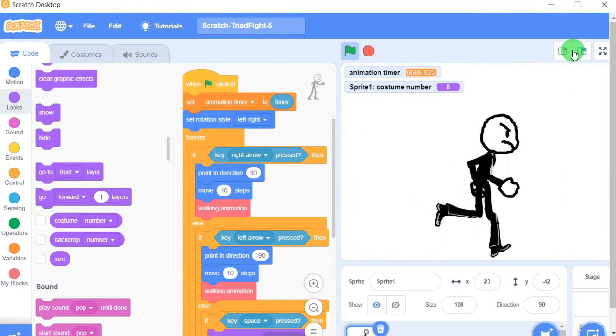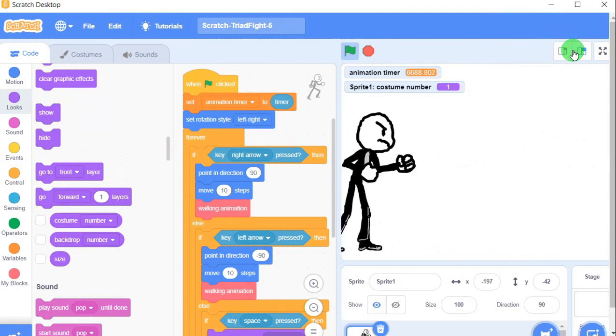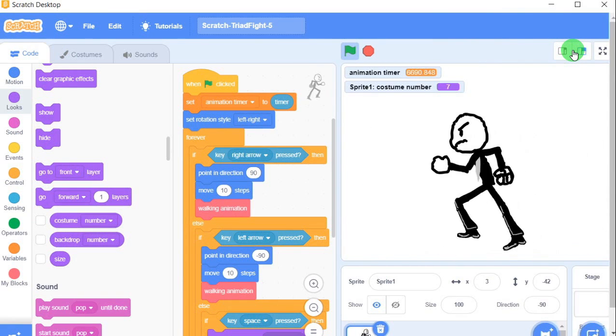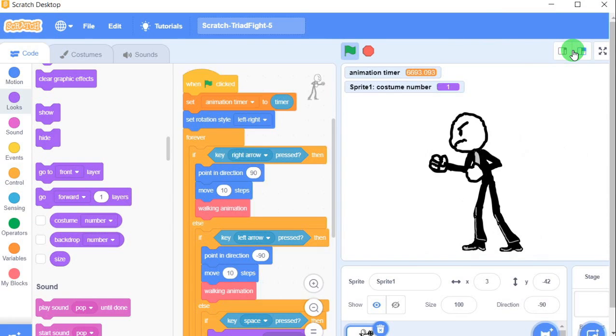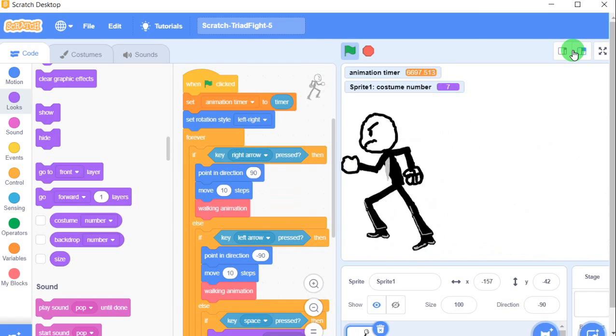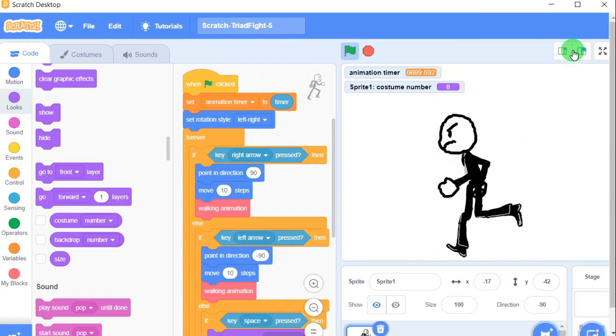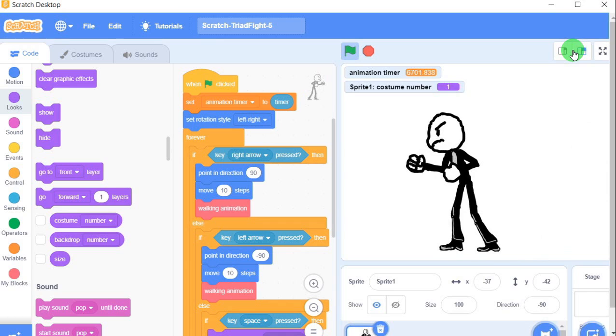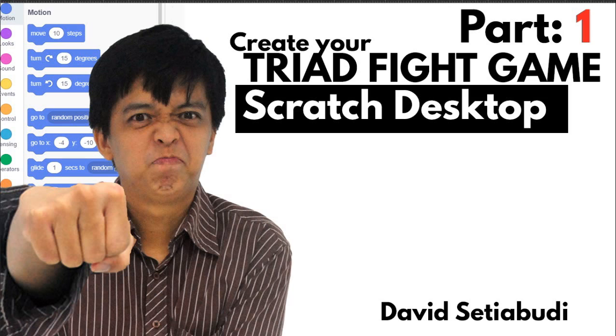This is a bit in the future. You can press left and you can press right, and then when you press spacebar you can do punching, and when you press nothing there's still an animation like this. Okay, now